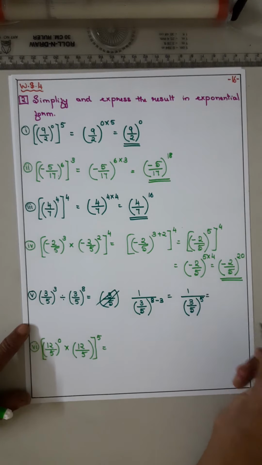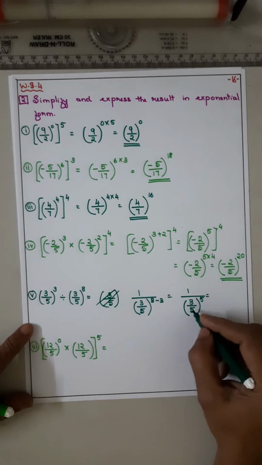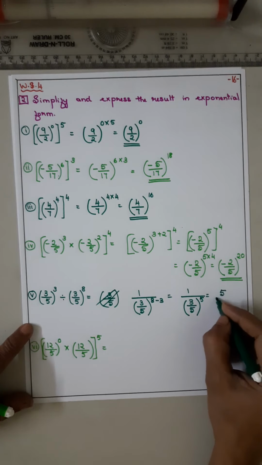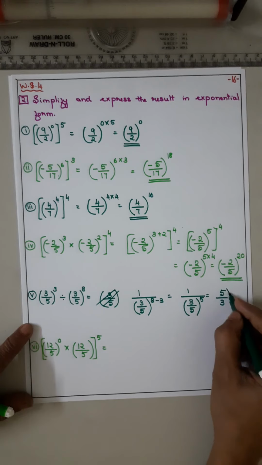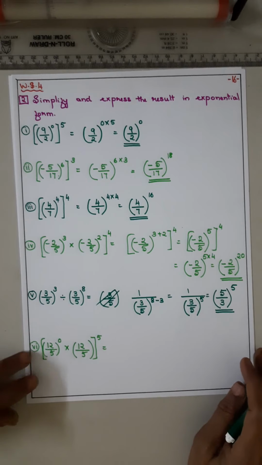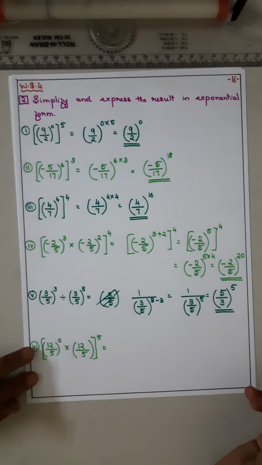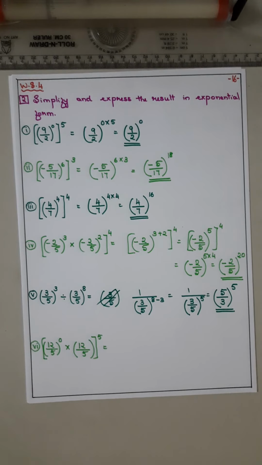Okay, now this you have learnt in the earlier worksheet. When it is in the denominator, this goes to the numerator, isn't it, 5 by 3, the whole raised to 5. Whatever is in the denominator, we have to take its reciprocal into the numerator, right? 5 will be in the numerator, 3 in the denominator, and the power as it is.